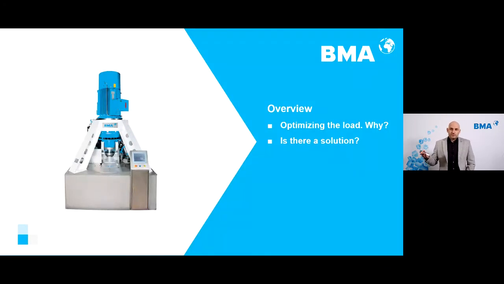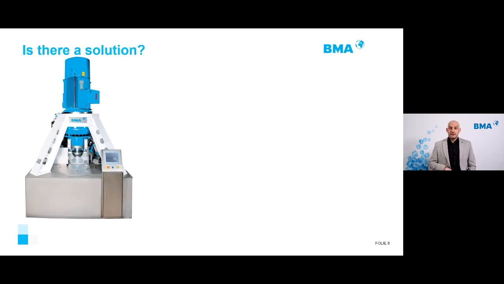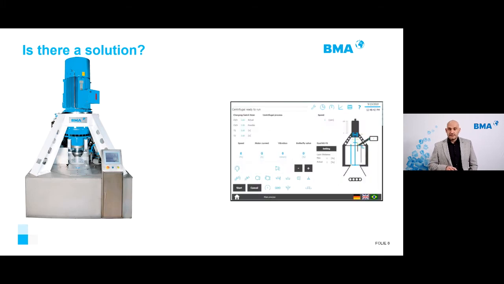And now is the question, is there a solution? Yes, of course. For that reason, we are here right now. And the solution is right there, our machine, our e-machines. Why am I so sure to tell you something like that? Well, because this machine is equipped with a very sophisticated control system. And this control system is very good. And we are adding a lot of sensors all around the machine to have under control all the processes which are happening inside the machine.